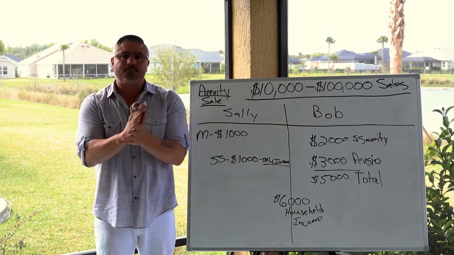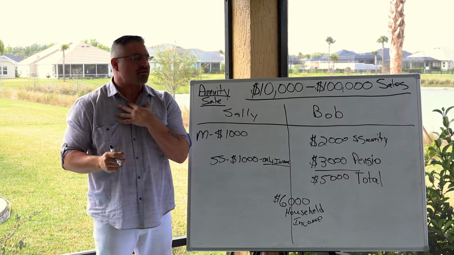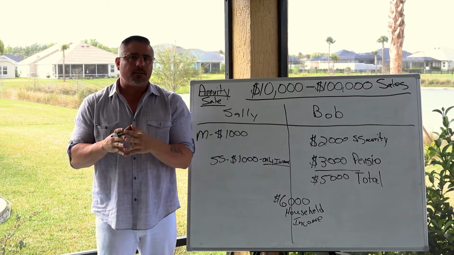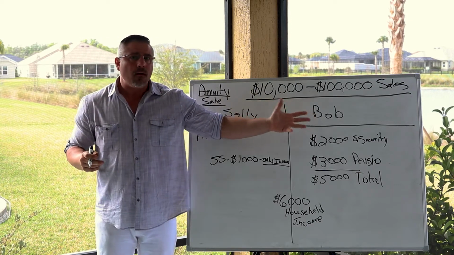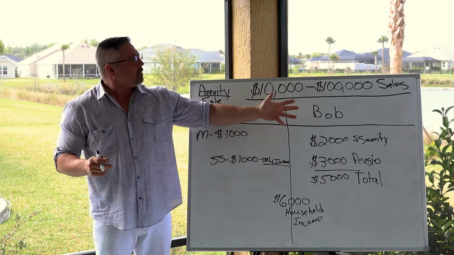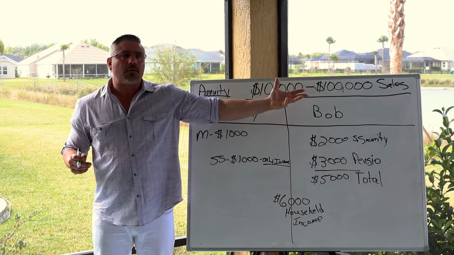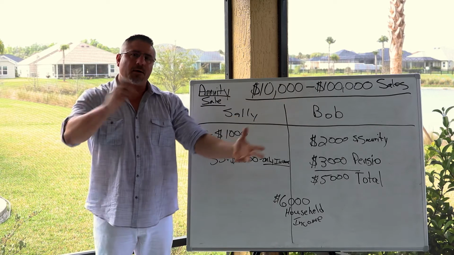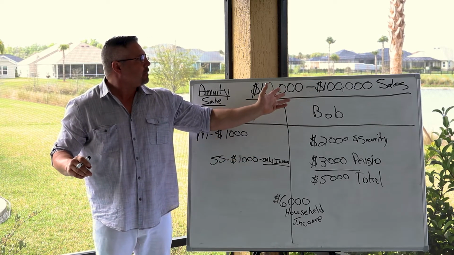Listen, this is the part maybe many of you have been waiting for, which is the annuity sale and how I've done $10,000 to $100,000 per sale in many cases. It all started with one $100,000 sale over 11 years ago using final expense leads, and I built that up, learning how to